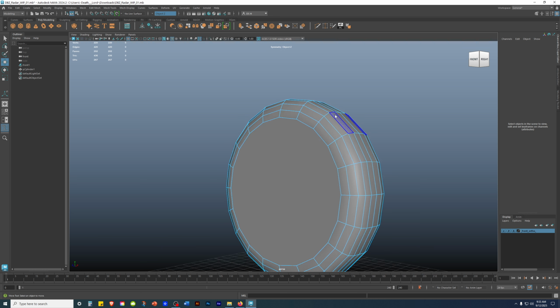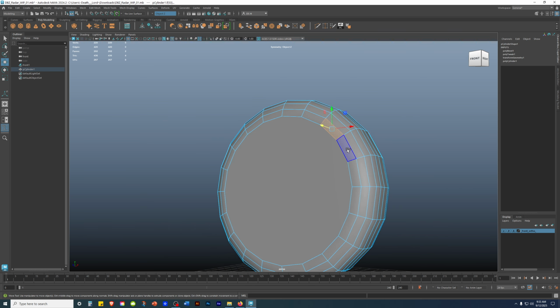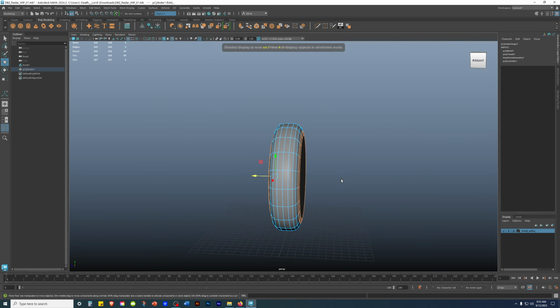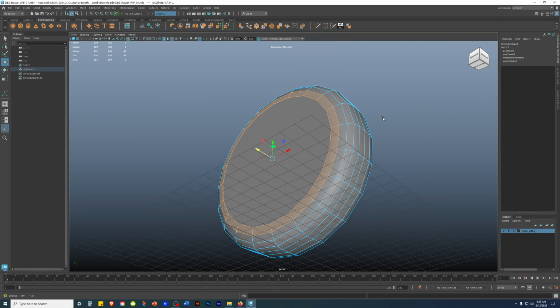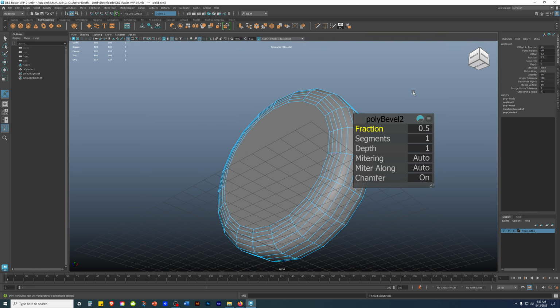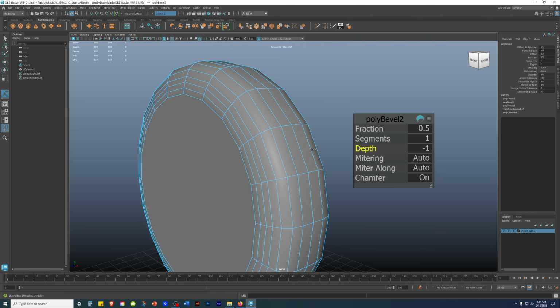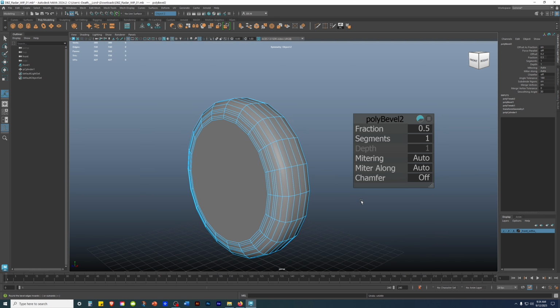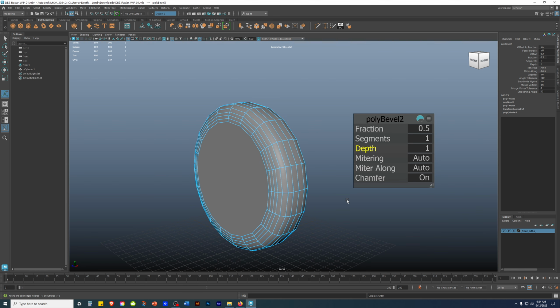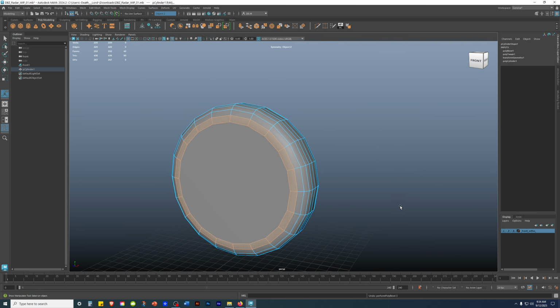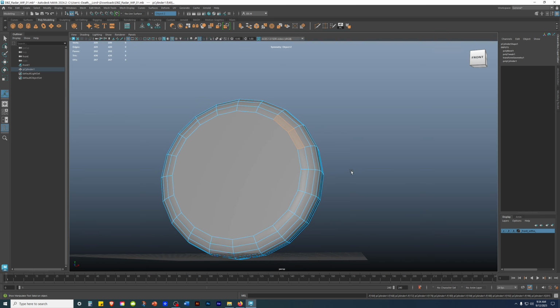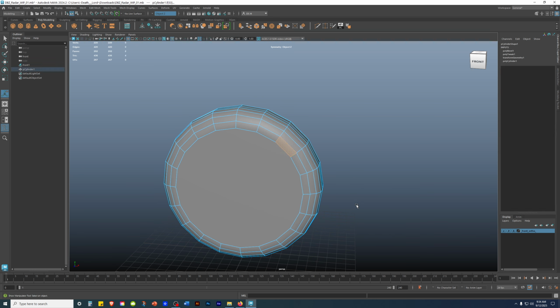Okay, maybe instead I'm in face mode like so, right click and hold face mode, I'll double tap, select that, shift, hold on, shift, double tap, press 4, make sure nothing else is selected, press 5, shift right click and hold bevel face, chamfer off, chamfer on, and okay, never mind, undo one time, which we press Z, so that's one time, press again, undo, press again, so that's the third time, press again, Z, okay, so that's everything undid, click outside, click that, hold shift, double tap, good, so this is